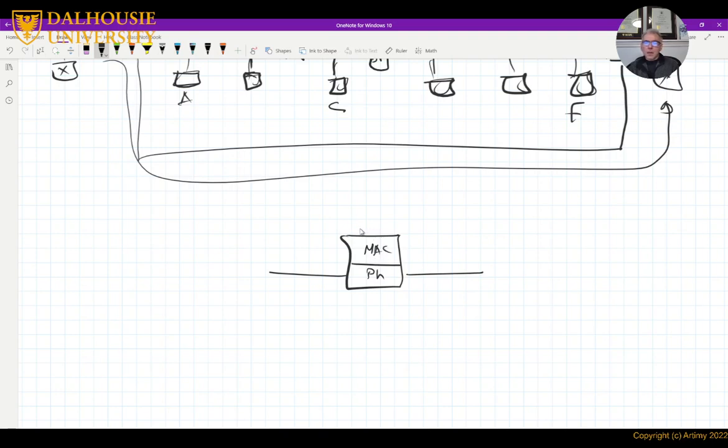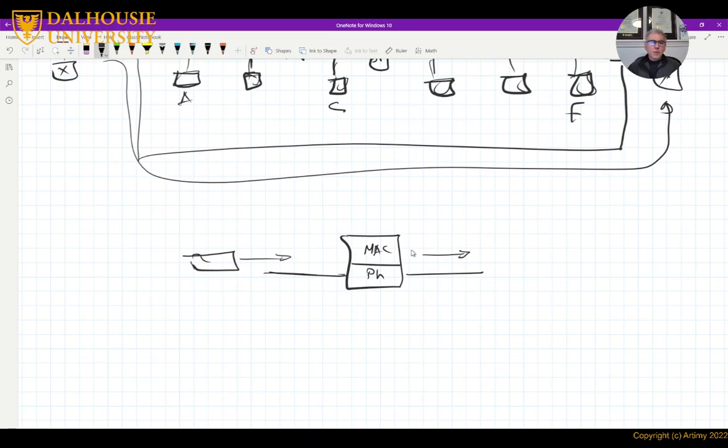Right? The bridge takes a frame from one side, passes it to the other side, right? So what does it mean that it doesn't have LLC? It means that it won't participate in windowing, it doesn't participate in ARQ, it doesn't do anything. It just takes frames from one side, passes it to the other side, right?